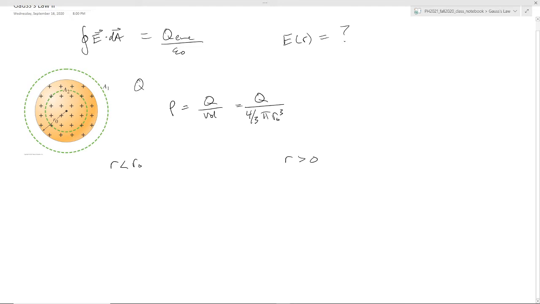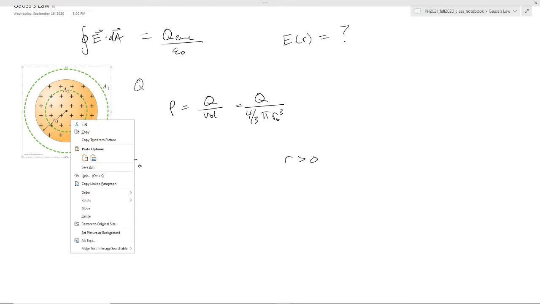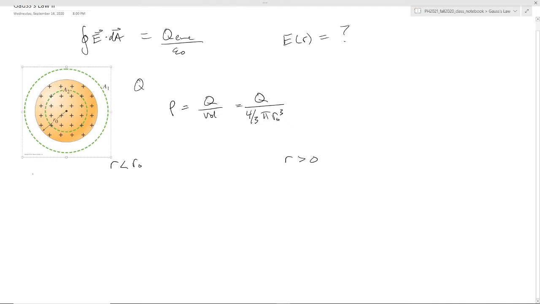So inside the sphere, that would correspond to, in the picture, the surface A2. So we're going to imagine a Gaussian surface, a spherical surface, that's a sphere that's smaller than the total sphere. In other words, it has a radius that's smaller than R naught. And so in this region,